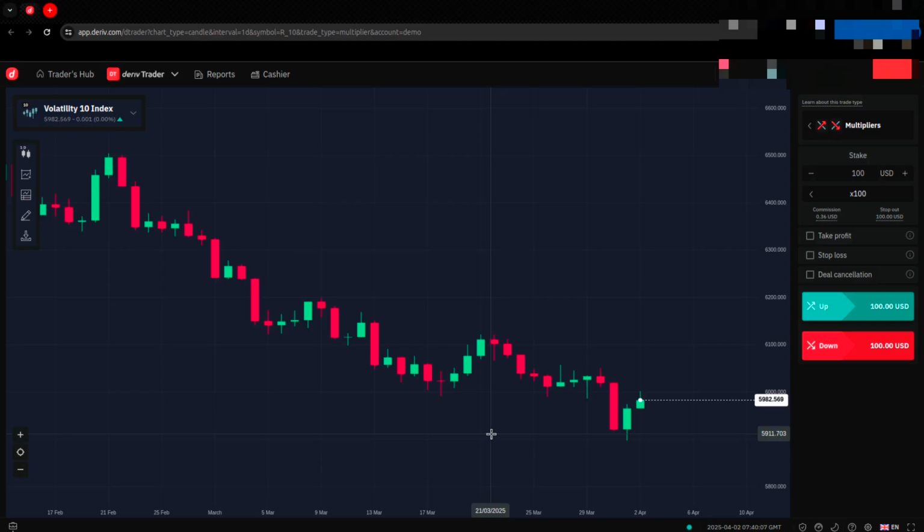This is Volatility 10 Index, but this strategy can be applied to different markets. You'll need 3 indicators, but keep in mind that I'm not using them to generate any signals. I had already illustrated how to use the indicators in my previous videos. The moving average and the simple moving average will help in identifying the dominant trend on the one-day chart, while the stochastic oscillator helps identifying overbought and oversold conditions across different time frames.